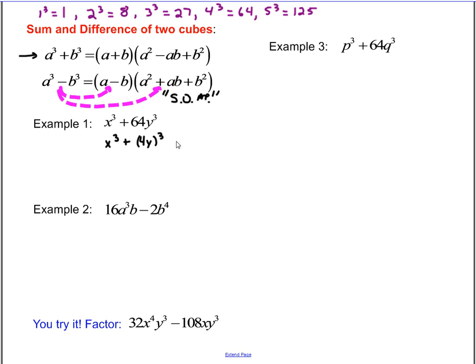All right, so when we factor this, what should happen? Well, using our top model right here, a is being replaced by x, b is being replaced by 4y. So in our factored form, we're going to get a binomial that includes x added to 4y, and we're going to get a trinomial that is going to be the square of the first term, x squared, minus, right, same sign, opposite sign, minus the product of our two terms, so this would be minus 4 times x times y, plus the square of the last term. Well, 4y squared